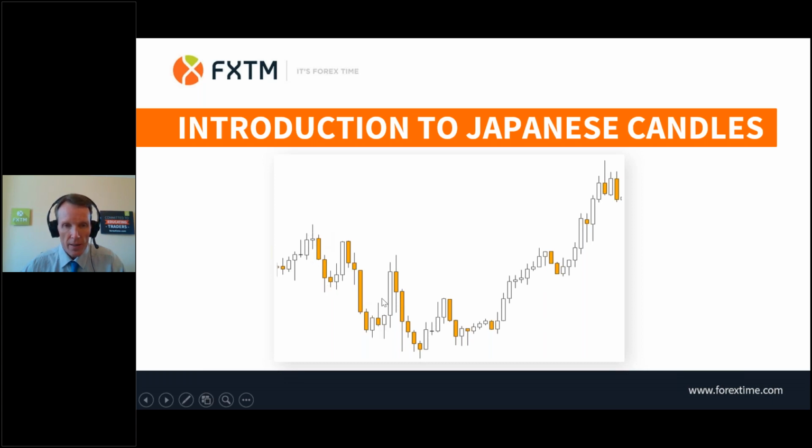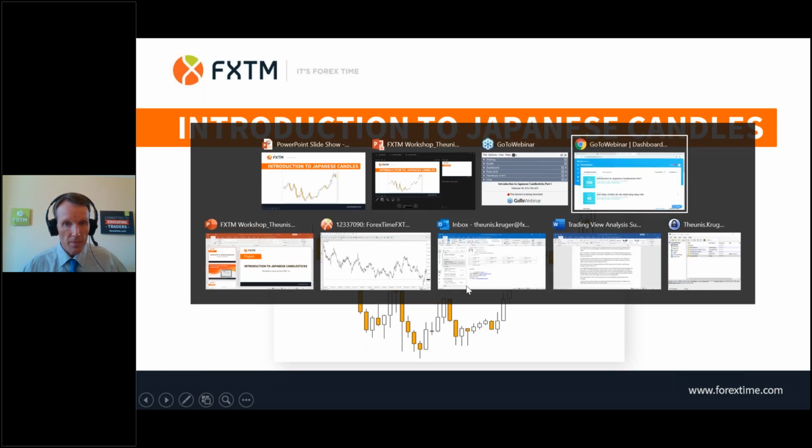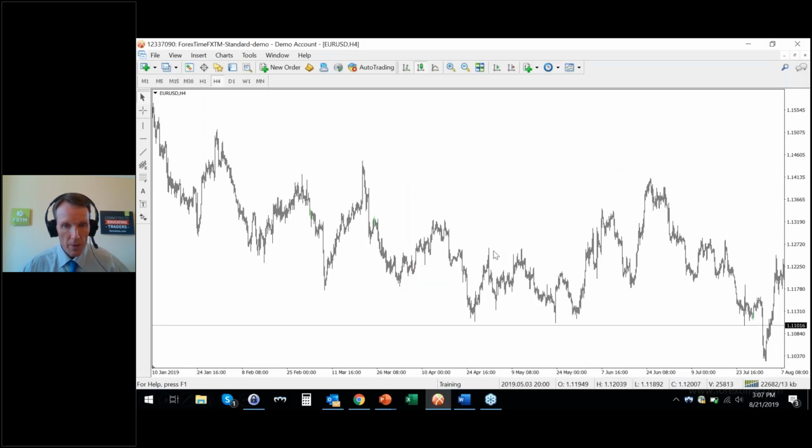It's the tracks in the sand that tells us what the market is doing. It gives us a little bit of insight into what is going on. Each candle being a track. Right, so that's the value. In the beginning, and I'm going to jump over to my MetaTrader now, in the beginning, when we train, we don't look at individual